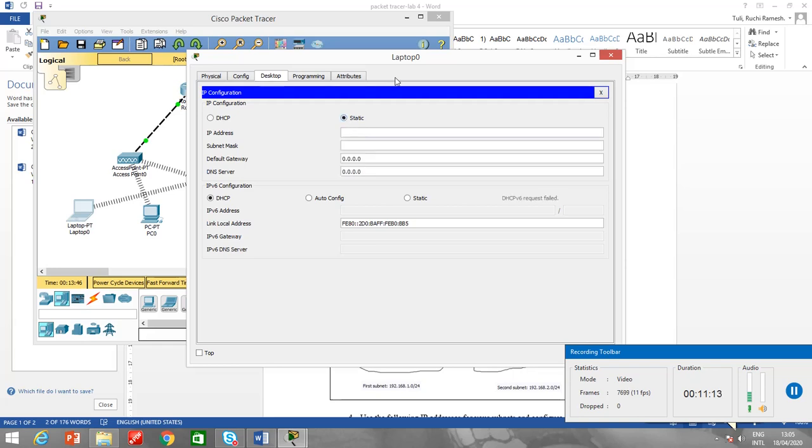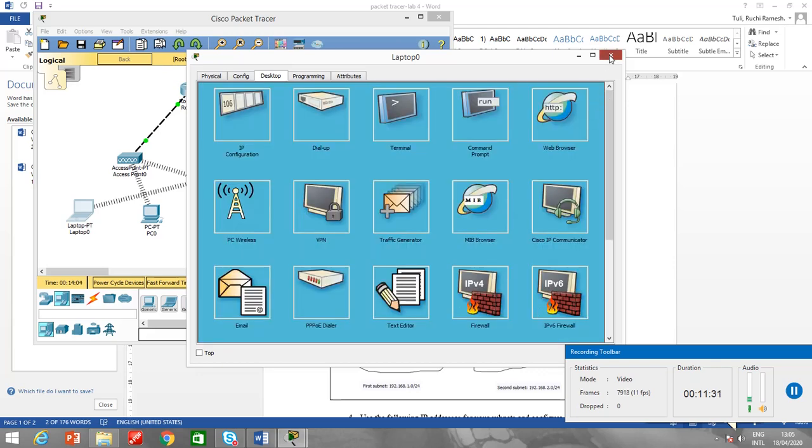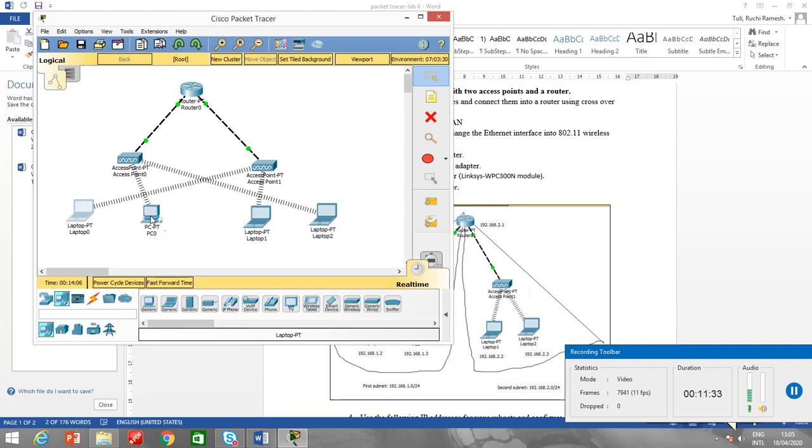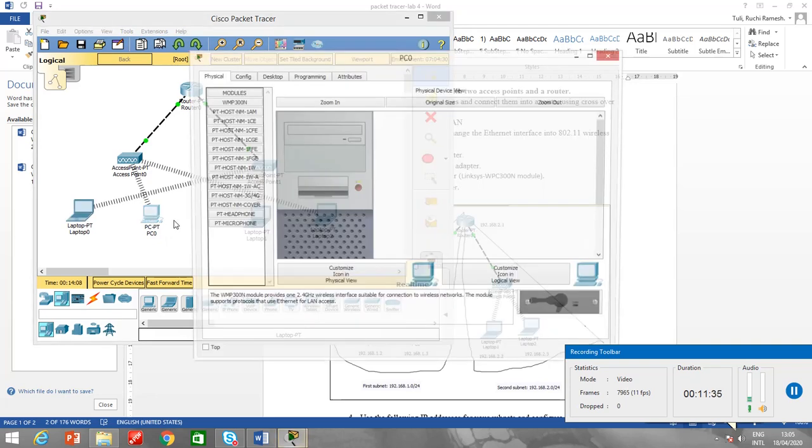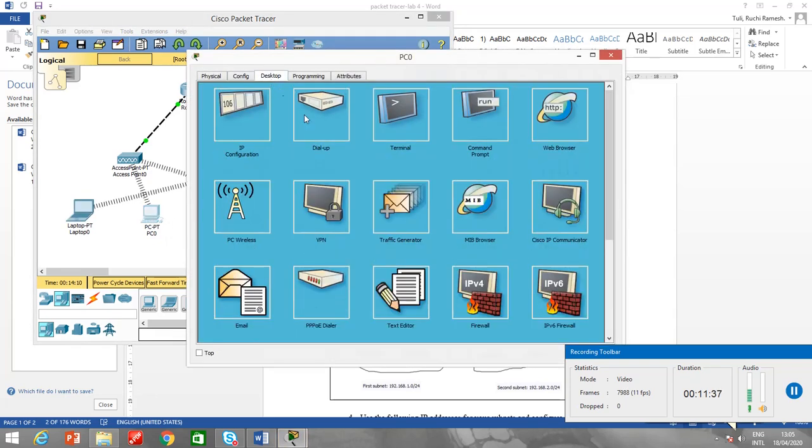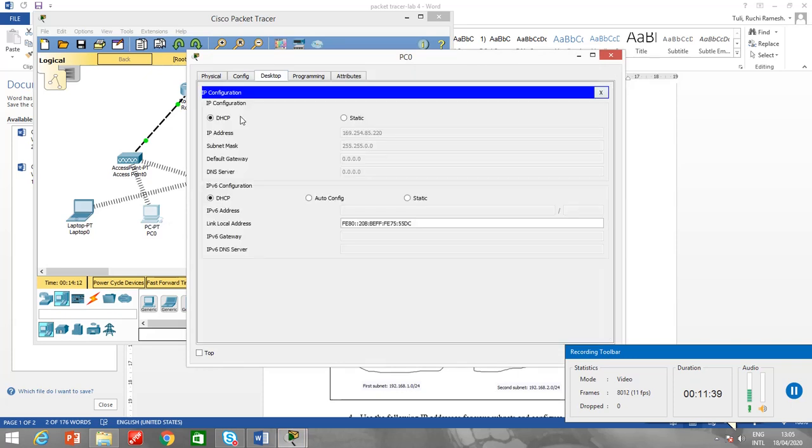Let me configure this IP configuration. It's static, and the IP address is 192.168.1.2. Subnet mask will come automatically, and the default gateway is 192.168.1.1. Alright, so I just close it. Then I go to this PC and configure its IP.